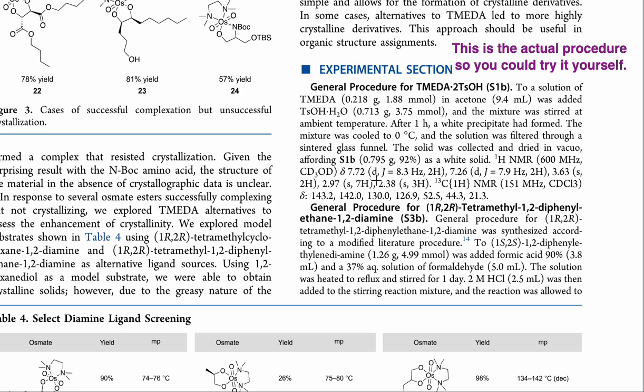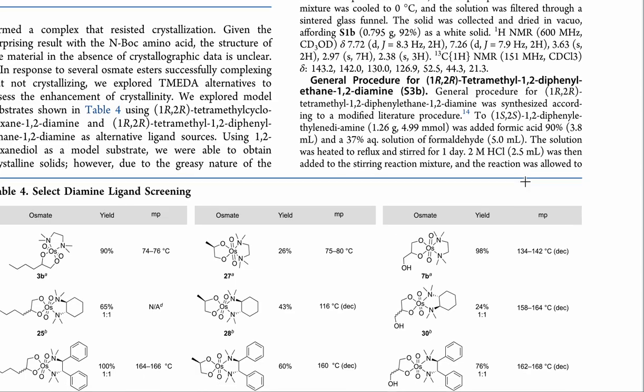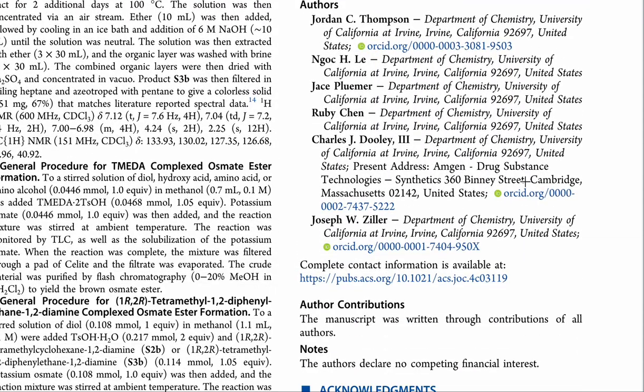They had something at 7.72 ppm. It was a doublet and the splitting, the distance of the splitting, was 8.3 hertz, and it integrated for 2 protons. We had something at 7.26, et cetera, et cetera. Carbon NMR, they have the data for that. Also,